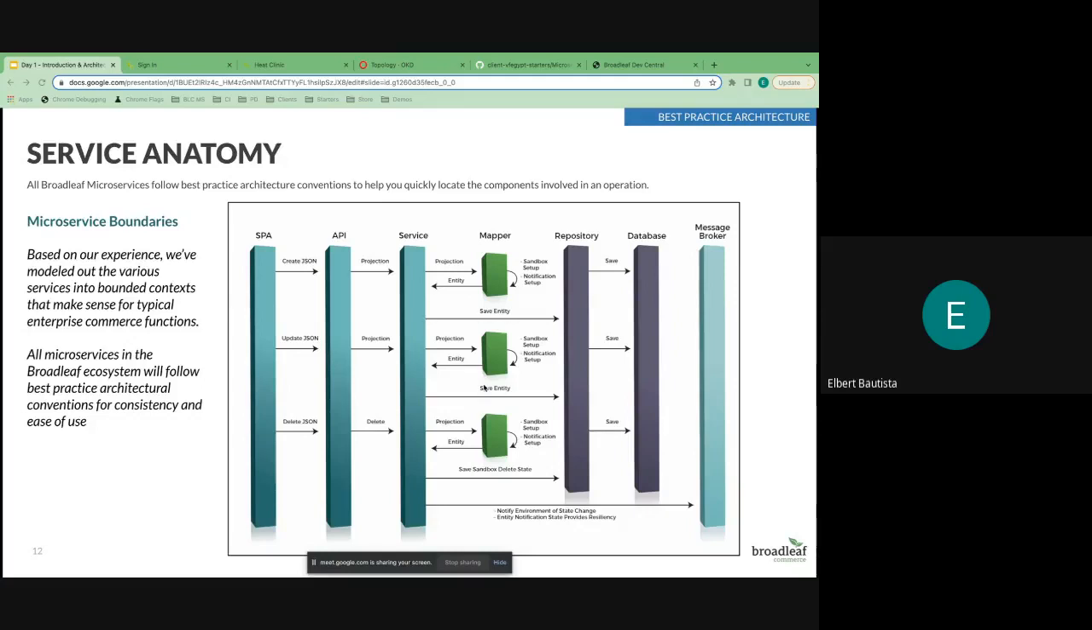One particular layer you may or may not be familiar with is this idea of a mapping pipeline, which converts a projection DTO object into the actual database persistence object that's being persisted, right? So the reason I wanted to call that out is we use that internally from a Broadleaf perspective to